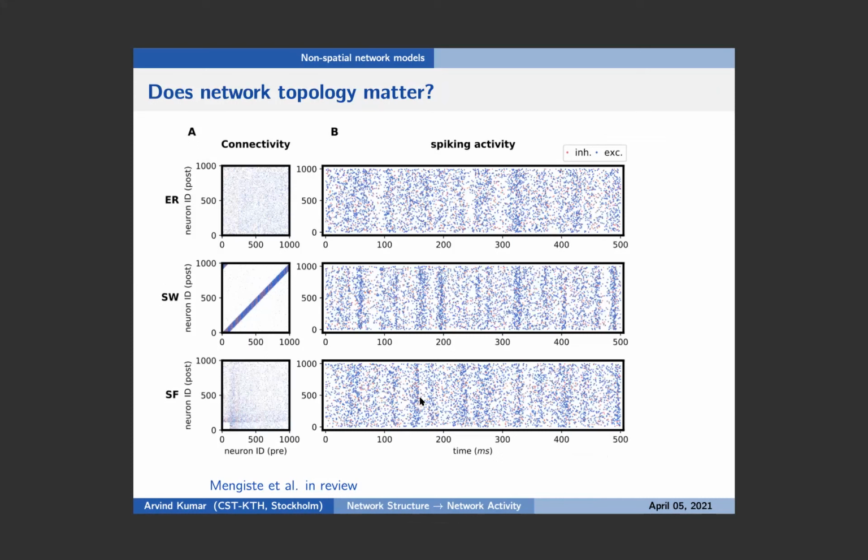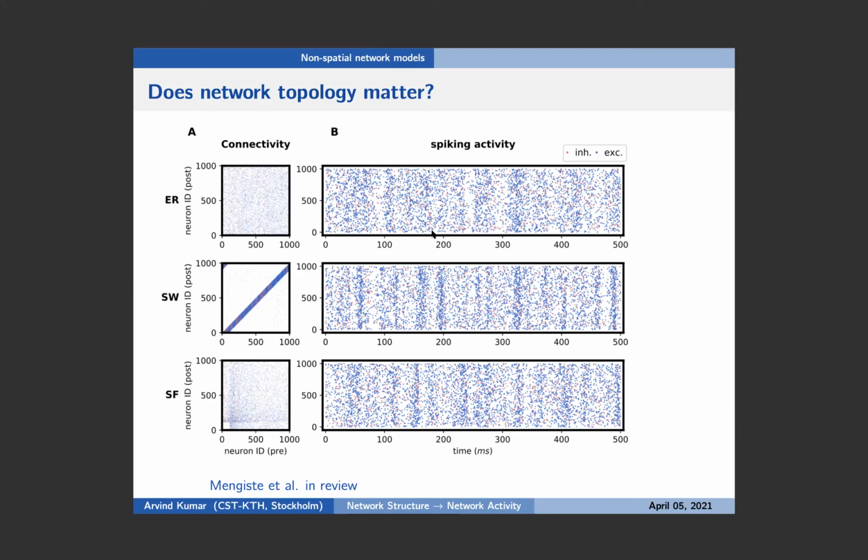So what we did is that we took these different topologies, we set up a simulation, and we adjusted parameters in such a way that in our baseline state, all of them are in more or less similar dynamical state. Now, this is not difficult. You have to fiddle with the parameters a little bit, but mostly for these 3 topologies, it's possible to tune them in the similar activity state. So first question we wanted to ask is that, well, does this topology matter?